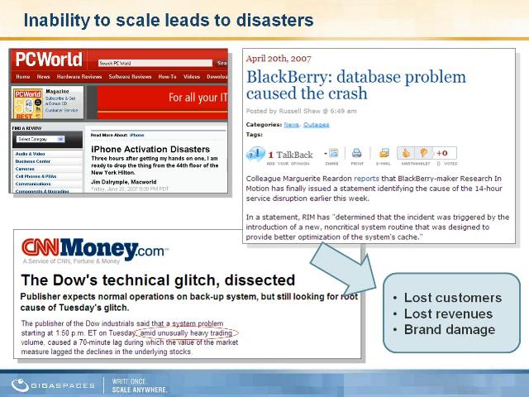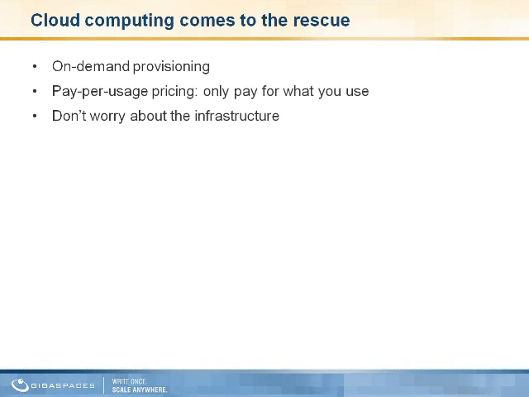The problem, by the way, the opposite problem, if you don't provision enough, you might face a scalability disaster. In other words, if you don't have the resources required to handle your application load when it peaks, you might face a much more terrible prospect, which is the application crashes, needless to say, lost direct revenues, customer frustration, brand damage, customer defections, and so on. And here on the screen, we have a number of stories where we've seen these types of disasters happen recently.